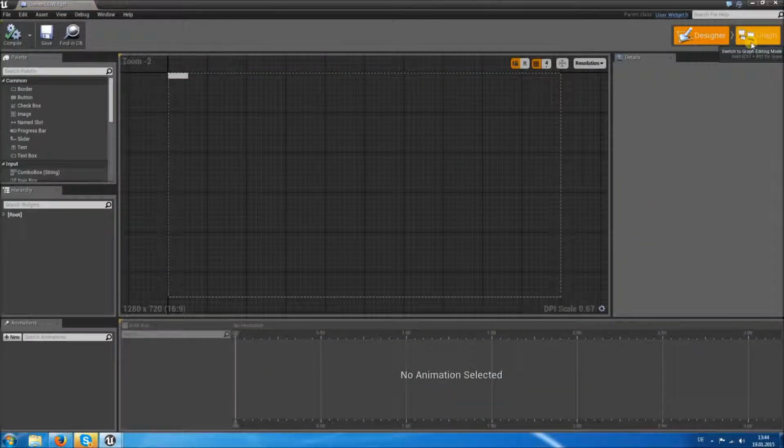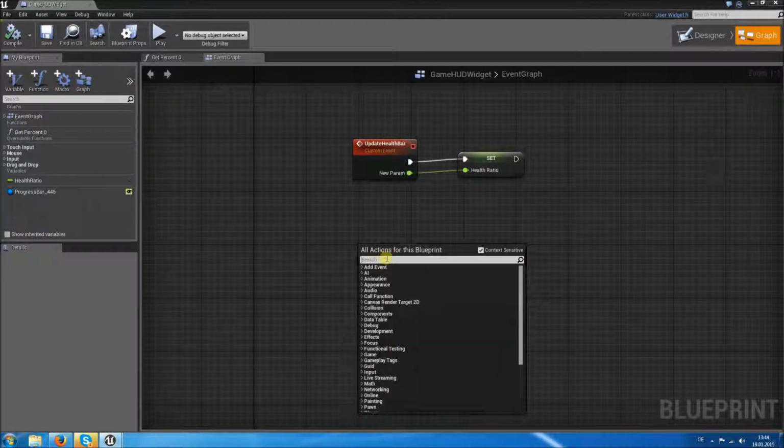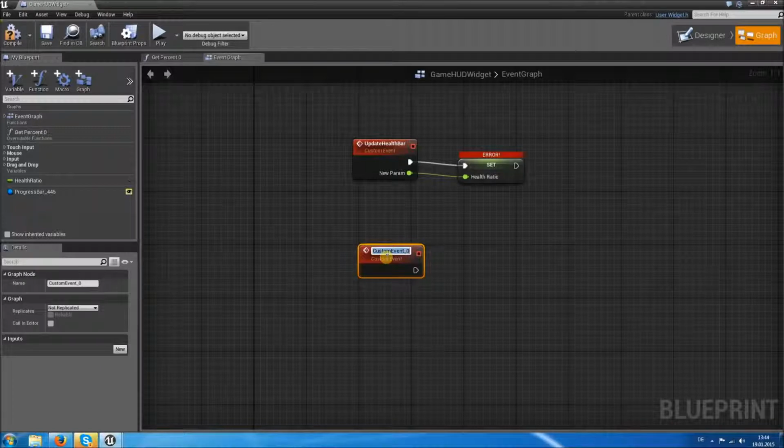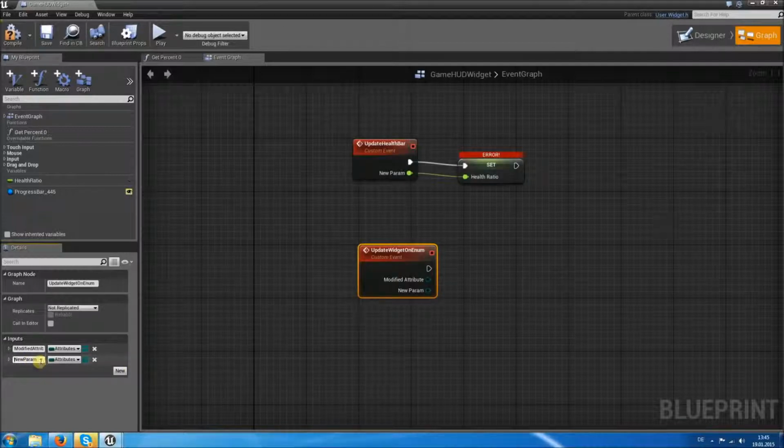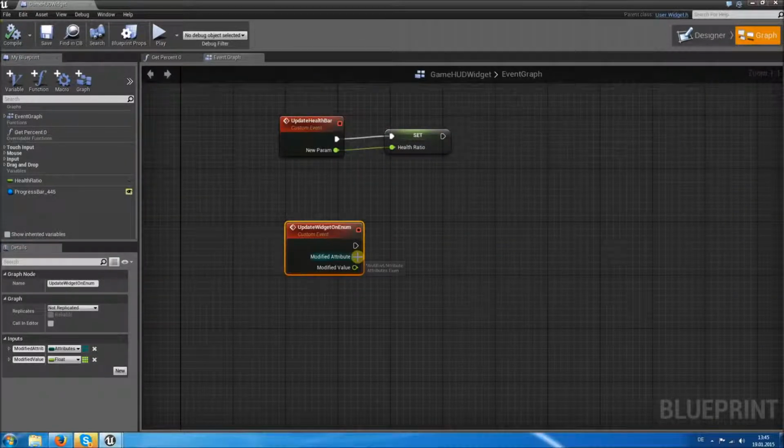So let's say, back to our GameHUD widget, let's say there's only a custom event, update widget on enum. So he gets an enum modified attribute, which is the enumeration of attributes, and another one which is the attribute or the modified value, which is not an attribute enum but for example a float. Okay,